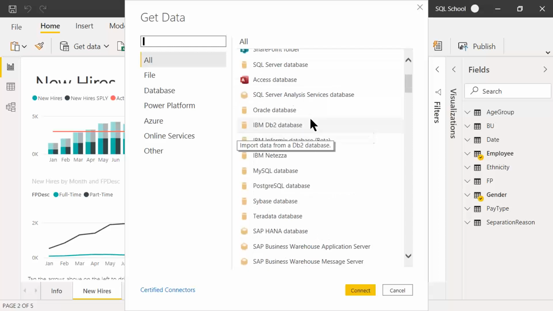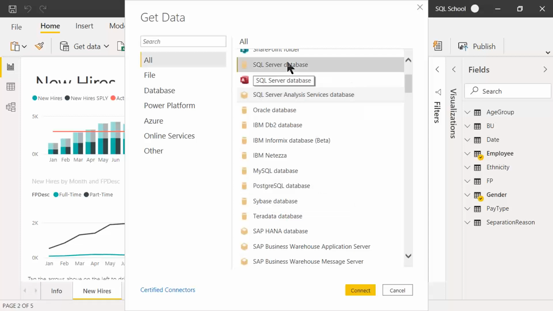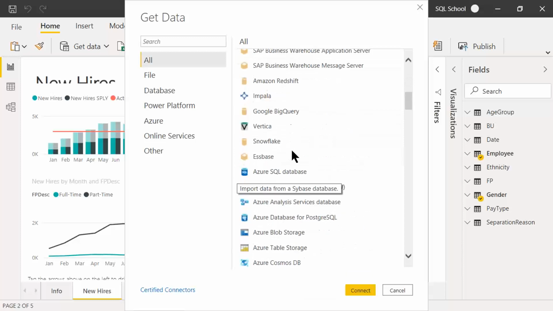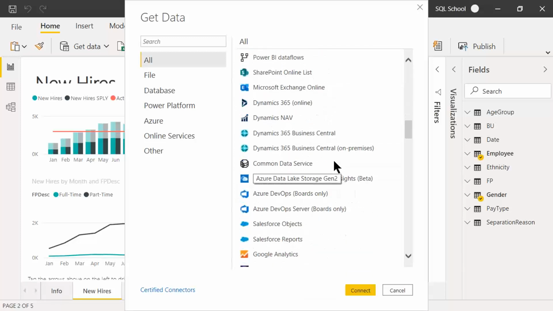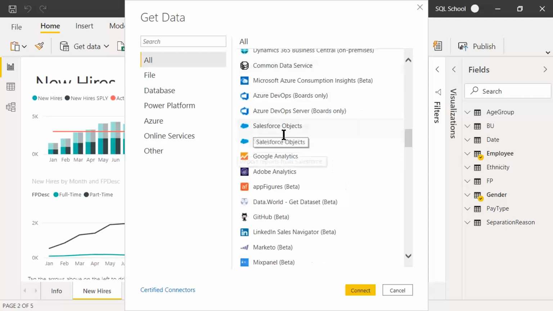So here is the list of data sources that Power BI supports. Not just SQL Server or the Microsoft environment, even IBM, Oracle, SAP, Google, Facebook and Twitter, LinkedIn, and a lot of other components, including Salesforce or Hadoop or GitHub, etc.